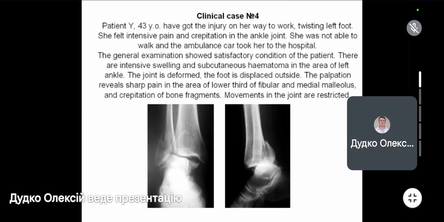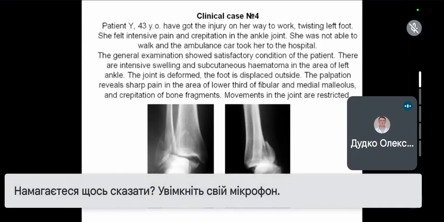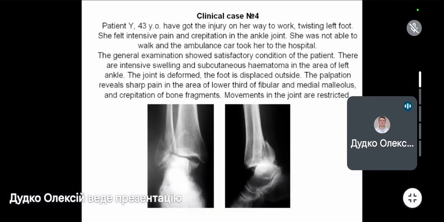X-rays you should perform after reduction to see if you were successful or not. Next X-ray you should do in 7 days, then in 1 month and 3 months. Usually this fracture requires 3 months to be immobilized. You ask patient to move his fingers during all this period of time. And when you see signs of healing on X-ray in 3 months, then you can remove it and patient start rehabilitation. Movement in the ankle joint,